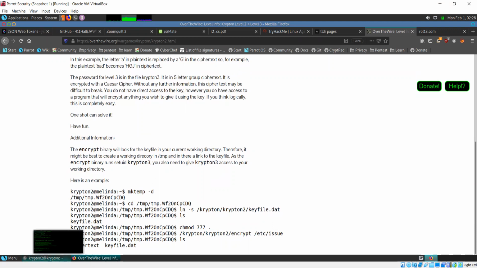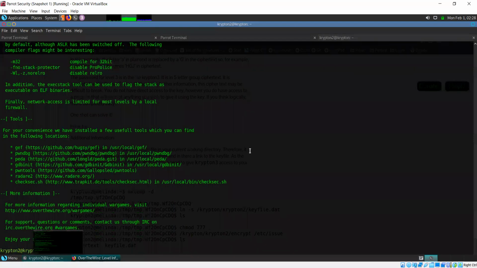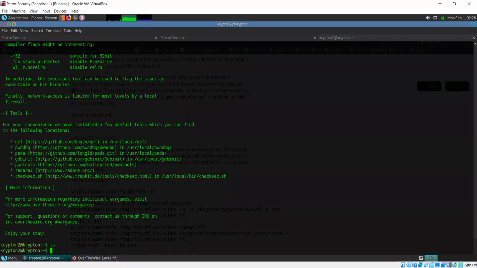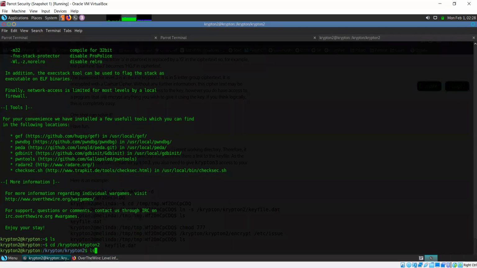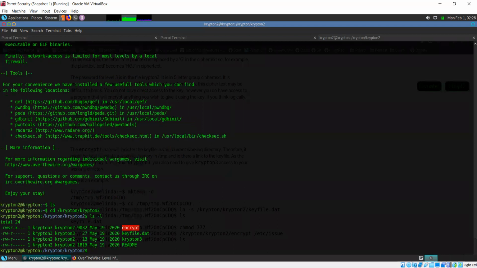All right, so let's go to our terminal and oh, the files are not going to be here. Cryptin and crypt2 because that's the level we are currently on. Now let's see what files we have.